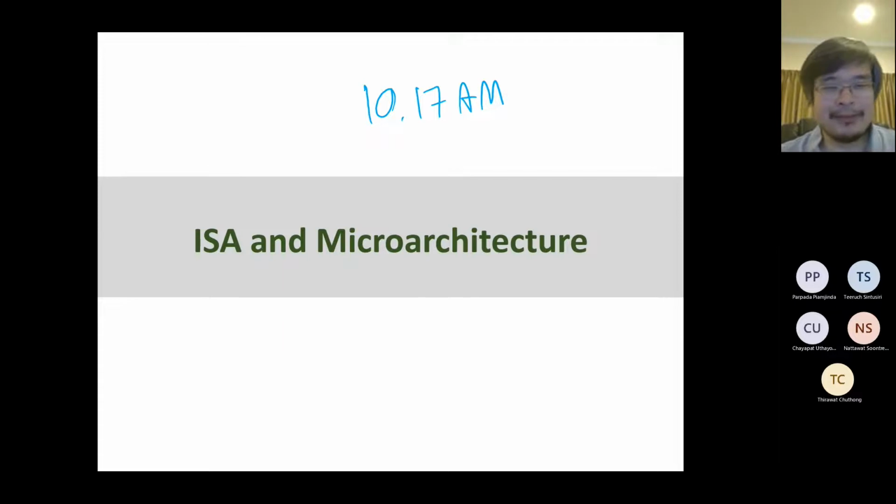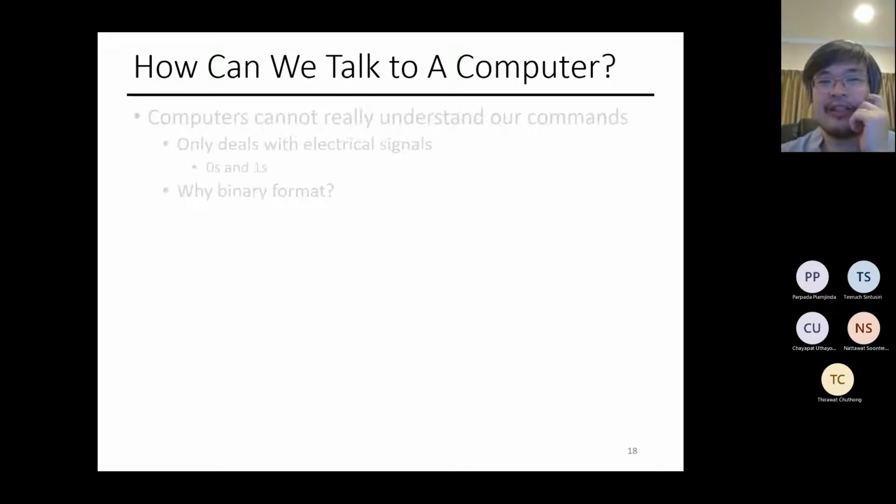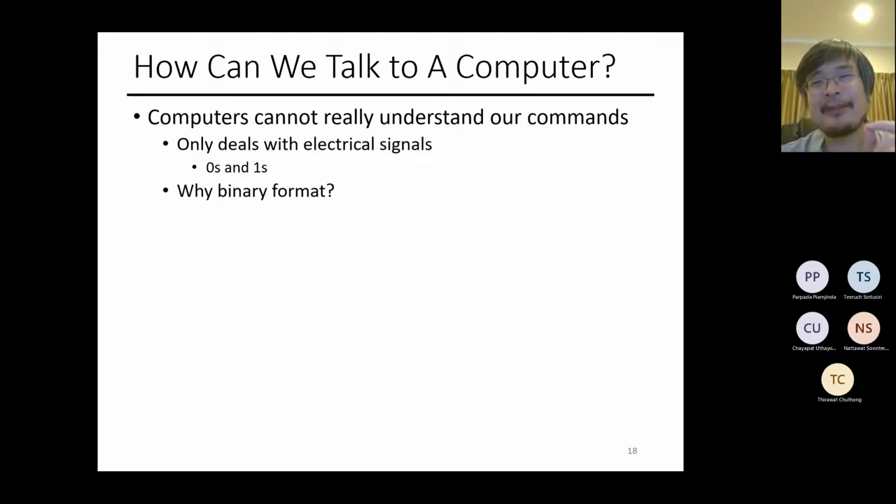All right, so welcome back to the second part of this lecture. Now we're going to talk about the ISA and microarchitecture, which is basically a dive into, again, how can we talk to the computer? Because again, it doesn't really understand our command because it only has ones and zeros. So the reason behind why binary format is,